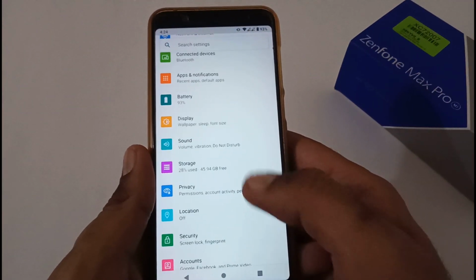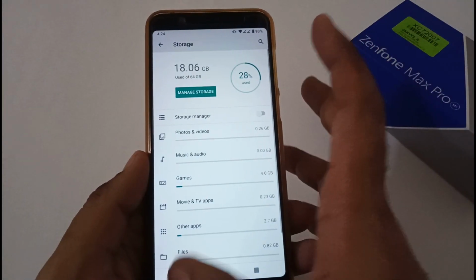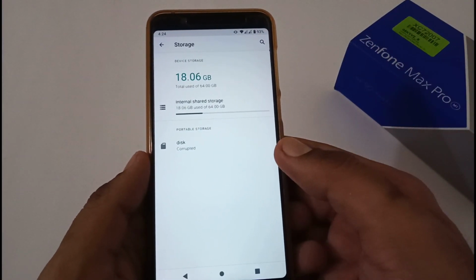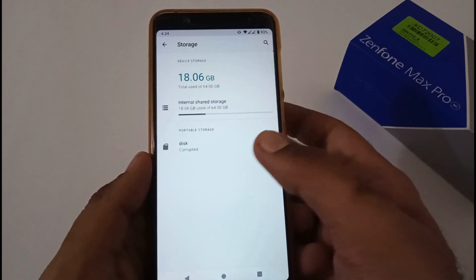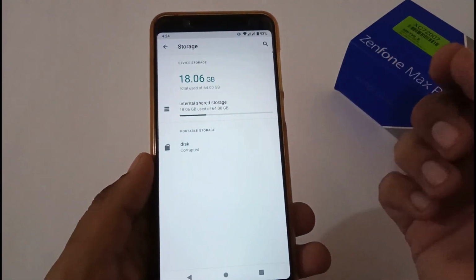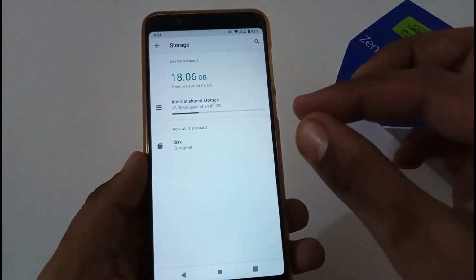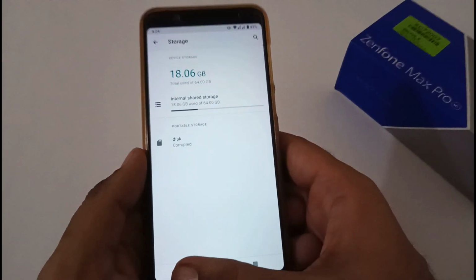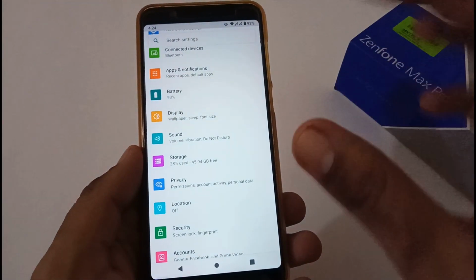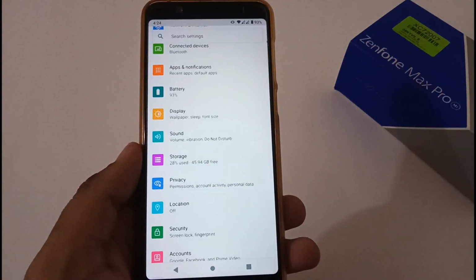After security, now let's move to the storage section. With respect to internal storage, yes, it is working absolutely fine. But with portable storage, or I would say external storage like an SD card, it is showing the disk is corrupted and so on. I haven't tried to format it, and I would recommend you not do it either, because I'm not sure whether this particular functionality will result in some disaster for your SD card.